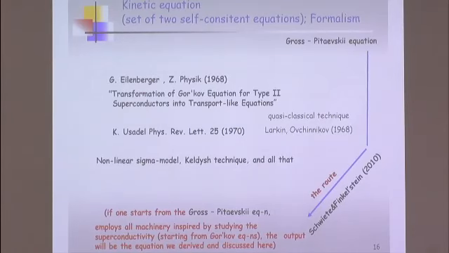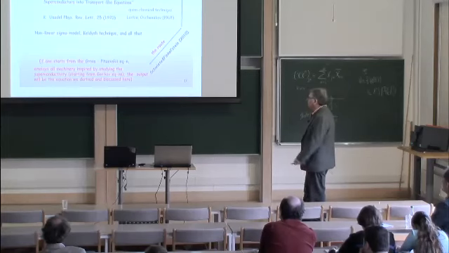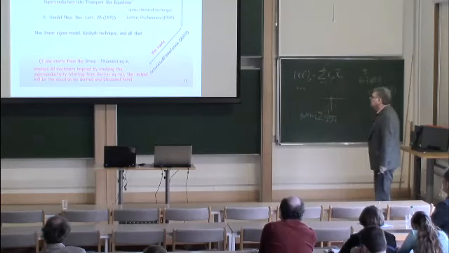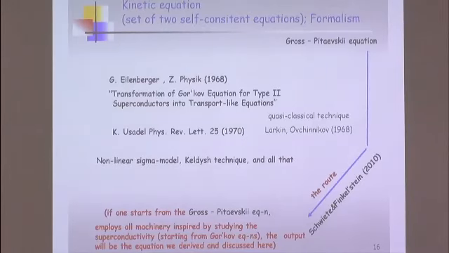So all that is most conveniently analyzed in the spirit of what in the physics of superconductors is called the quasi-classical technique, which was developed first by Eilenberger and Larkin and Ovchinnikov. And what we did is follow the same route as in superconductivity, but apply it to the Gross-Pitaevskii, or this nonlinear, equation, and after that write what will be the effective equation in the